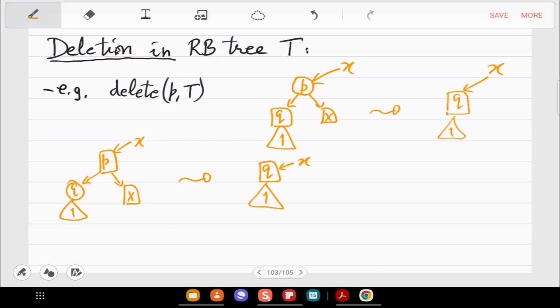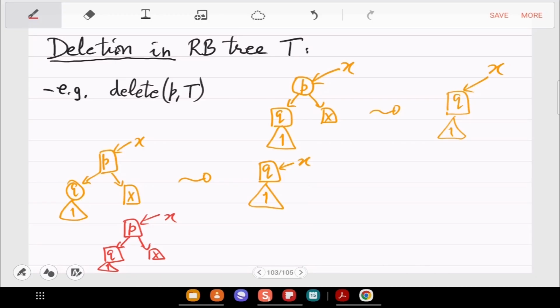And the third example is, and you have that subtree hanging.